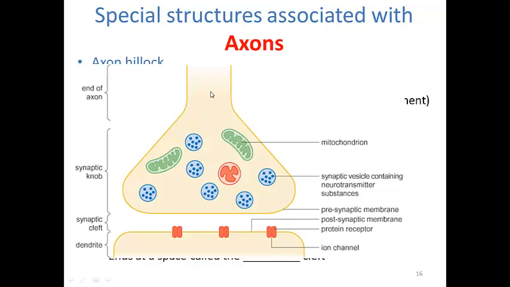So in this picture here, what we can see is the very end of an axon, and this thing that looks kind of like a doorknob here, this is a synaptic knob. These little blue circles, those are synaptic vesicles, and the little dark blue dots within the synaptic vesicles, those dark blue dots are representing the neurotransmitter. Notice that there's a space here on the other side of the synaptic knob. The space is called the synaptic cleft.